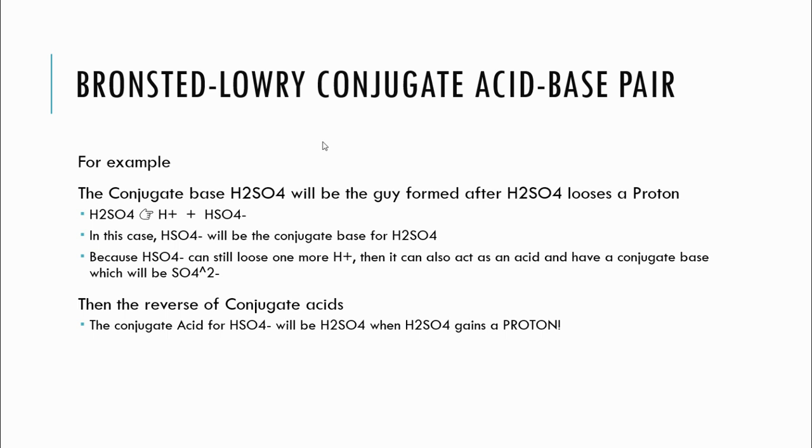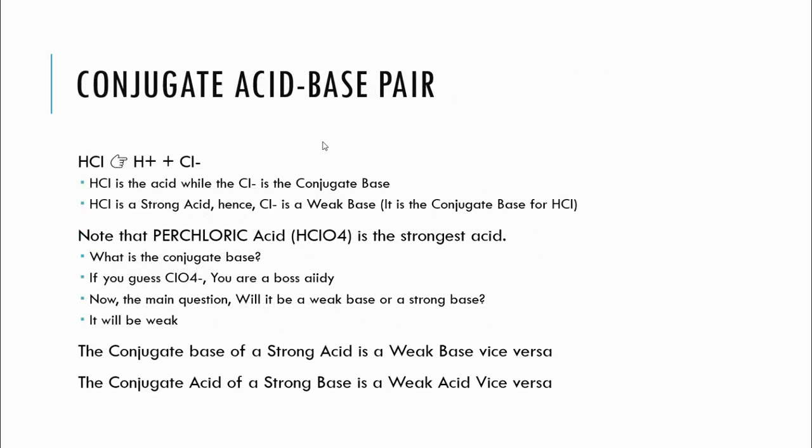Then the reverse, conjugate acids. The conjugate acid of HSO4 minus will be H2SO4, because it gains the proton. And if it's a base, don't forget, the conjugate base after gaining a proton will form an acid. That's the idea. So HCl is the acid, while Cl minus is the conjugate base. Note that perchloric acid is the strongest acid. So what will be the conjugate base? It will be ClO4 minus